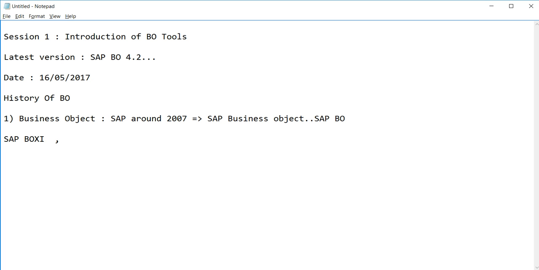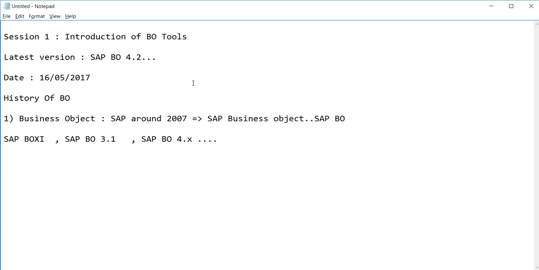After that, it was converted to SAP BO 3.1, then SAP BO 4.x, meaning 4.0, 4.1, 4.2, and so on. So this is the history of SAP BO. It was acquired in 2007 by SAP, so now it's an SAP BO product.